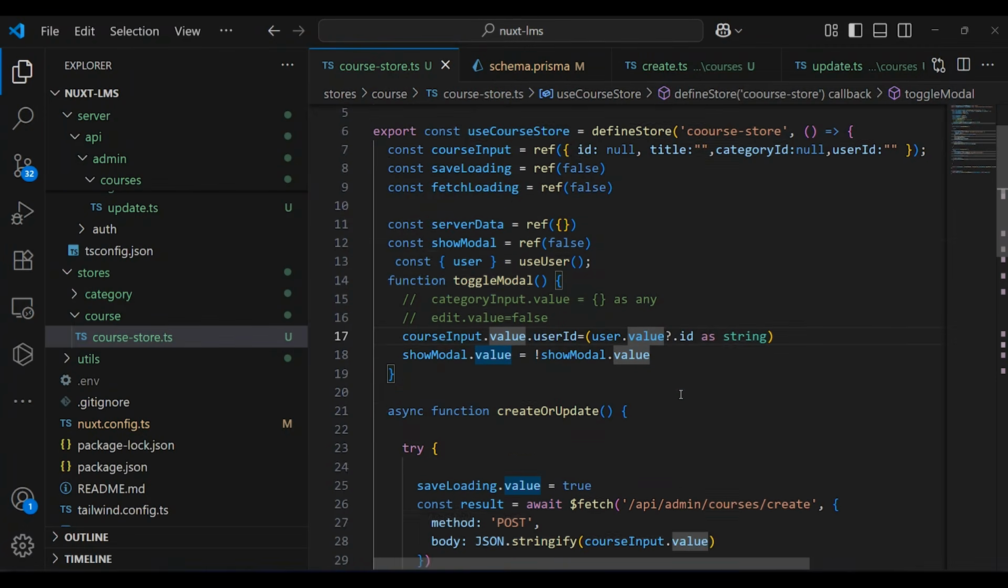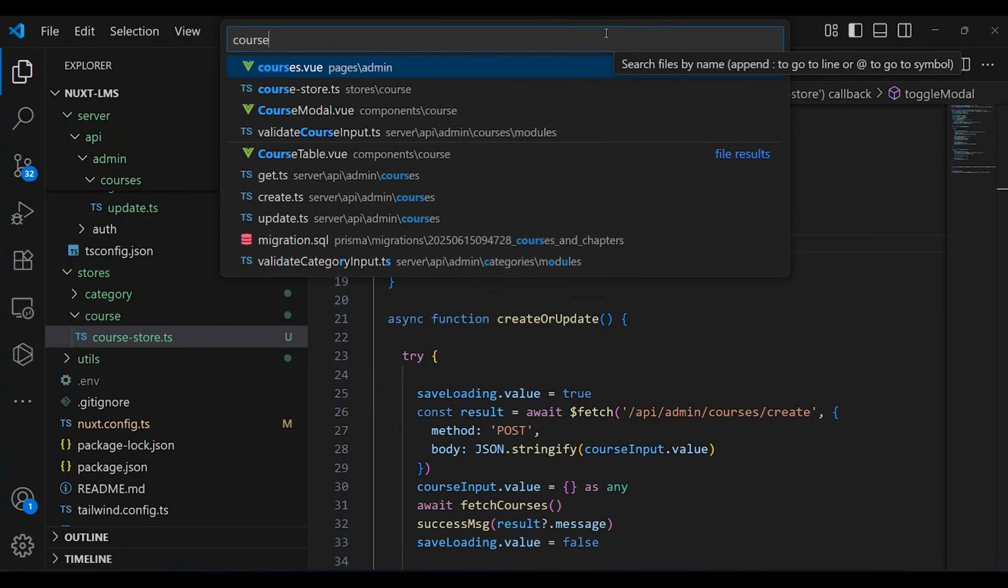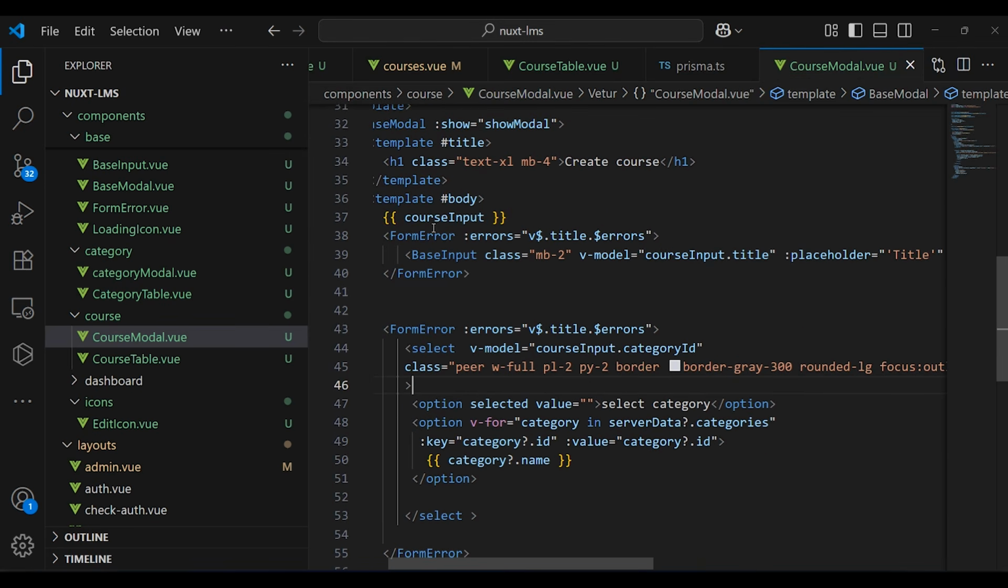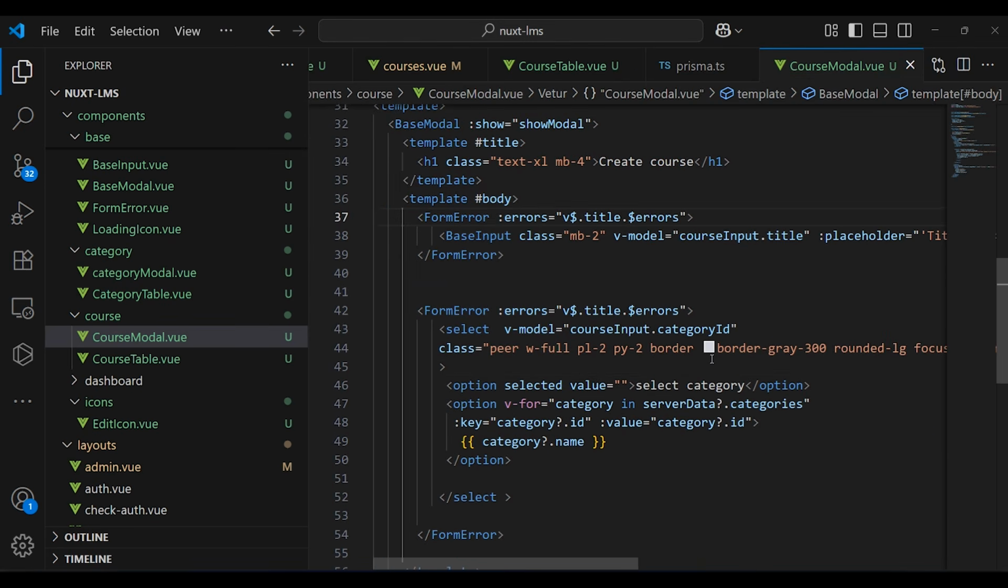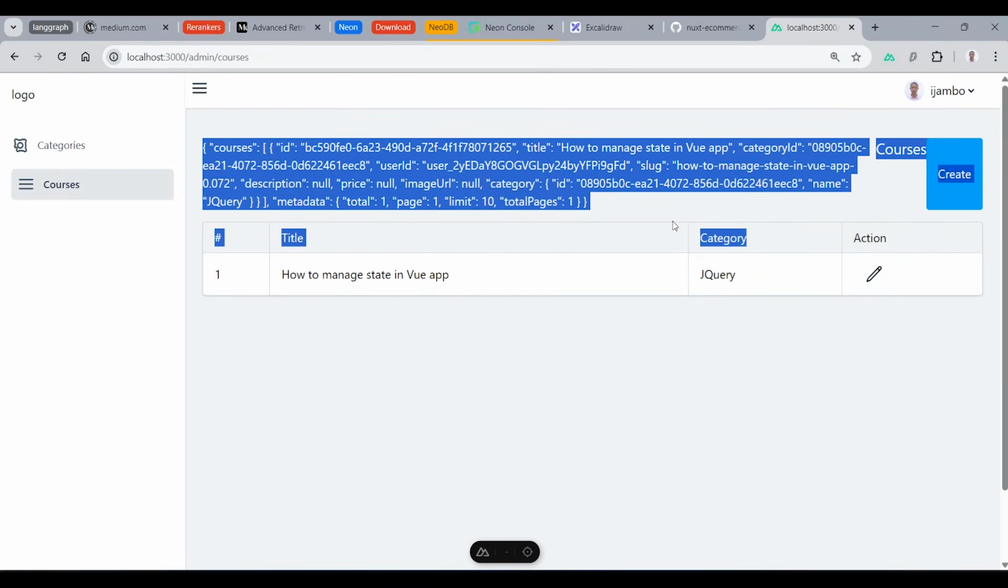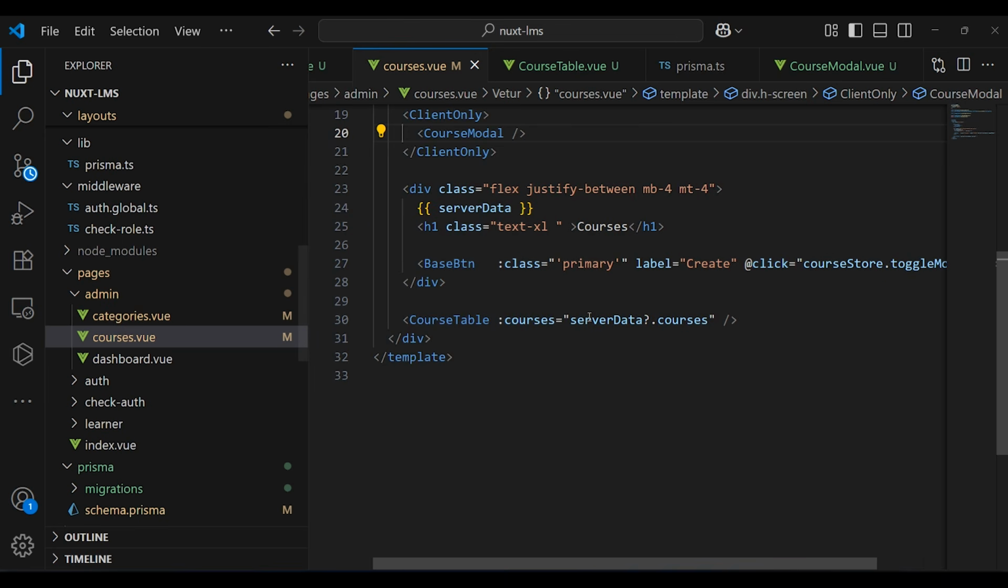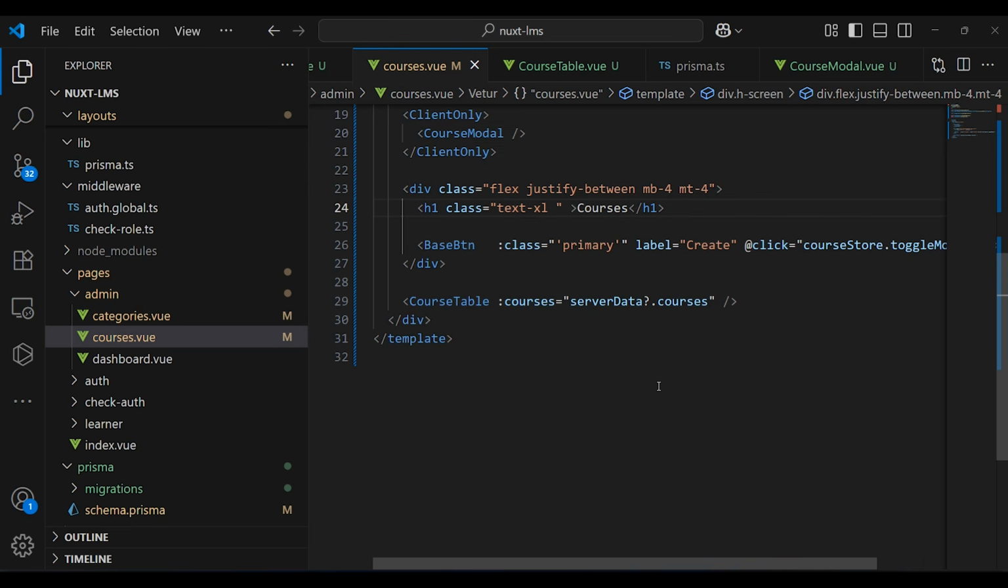And now what I'm going to do, I'm going to go back into the course modal, and in here we are going to remove the course input, and yeah, I'm going to remove that. And also we're going to get into the course page. We are going to remove the server data in here. Okay,